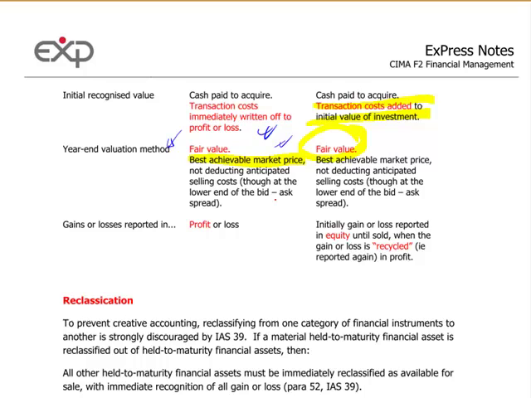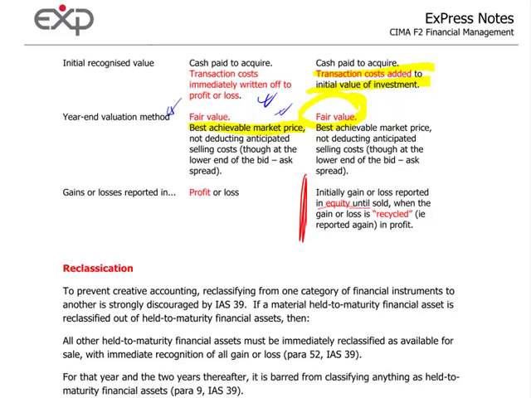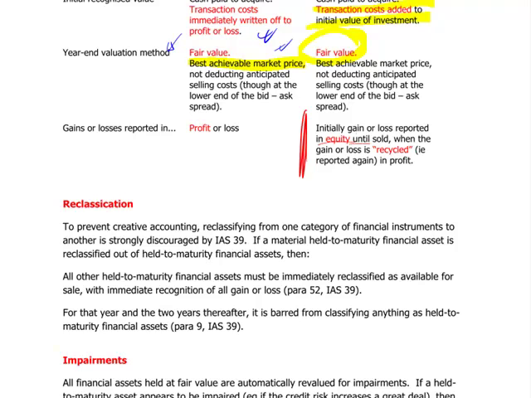And gains or losses, this time again it's slightly different. You go in a P&L subsequently, but initially you get the gain or loss in equity. This way you sort of avoid the volatility you create for the financial assets that are kept at fair value through profit and loss. Because remember, you don't know exactly what to do with it, it's not held to maturity, but not even for immediate trading, then you can argue, I'll hold on to equity because I'll move it in the P&L when I'm decided I'm gonna dispose of. So it becomes more like a trading